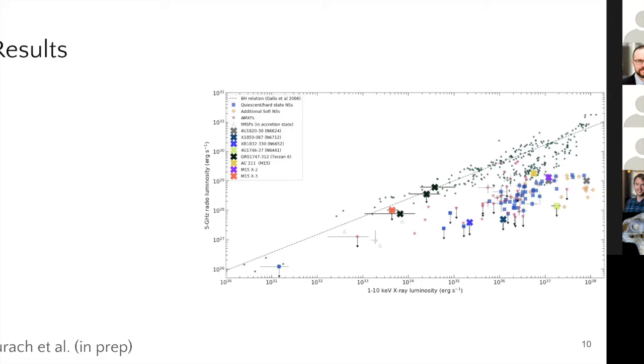So plotting these systems, we do show that neutron stars do not follow a single relation, compared to the tight correlation that we see in black hole X-ray binaries. Now that we added the critters that I've studied, the population of neutron stars is definitely more scattered than before. However, we do find some new information about neutron star X-ray binaries, which is kind of exciting, is that